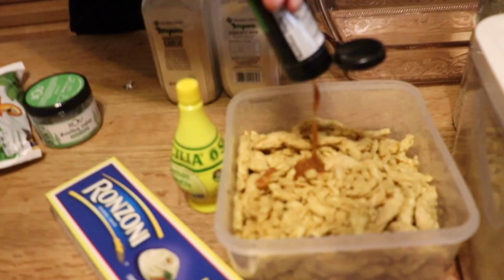I've also got my pot on the stove over there ready to boil my pasta, because we're going to boil the pasta most of the way and then we're going to bake the whole thing in the oven. So I'm just going to put...